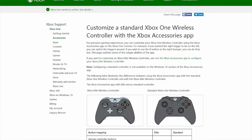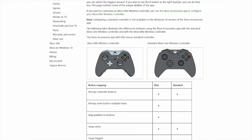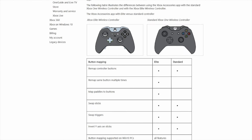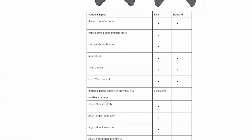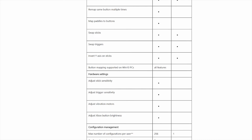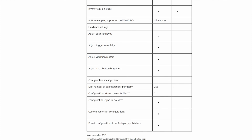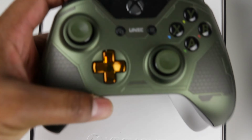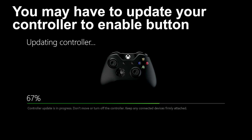So one thing I've noticed a lot of people saying has substantially devalued the Elite controller is the fact that you can now remap buttons on a standard controller on the Xbox One. This may be true if your main interest in the Elite controller was simply remapping, but there are quite a few differences and caveats. Syncing up my Master Chief themed updated standard Xbox One controller,